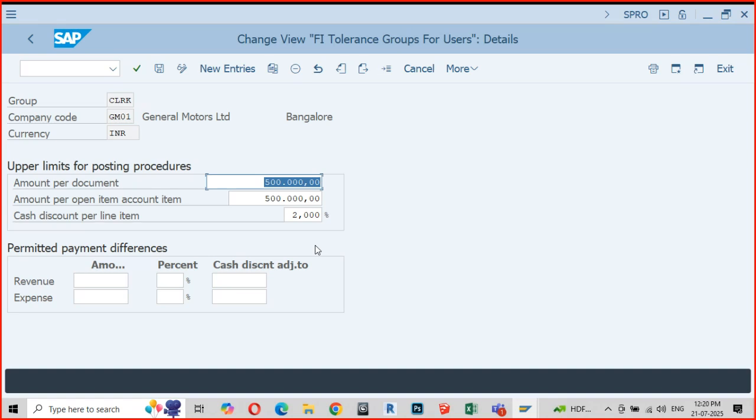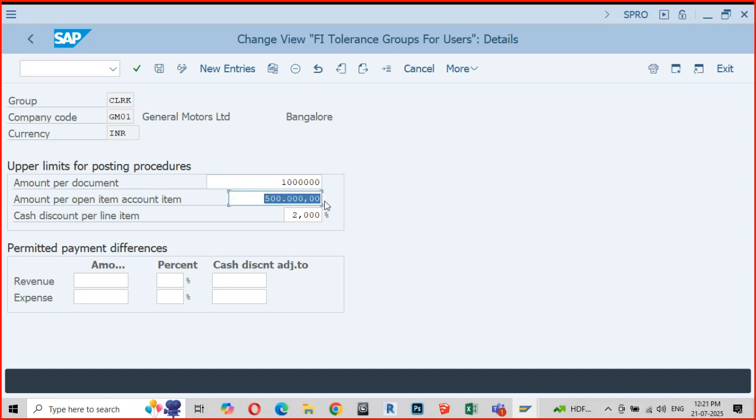Now let me make it so that for a clerk, I cannot enter more than 10 lakhs, and per line item, I cannot enter more than 5 lakhs. For the whole invoice, my value should not exceed 10 lakhs. But if I have 10 debits or 10 credits, each one of the line items should not exceed 5 lakhs.